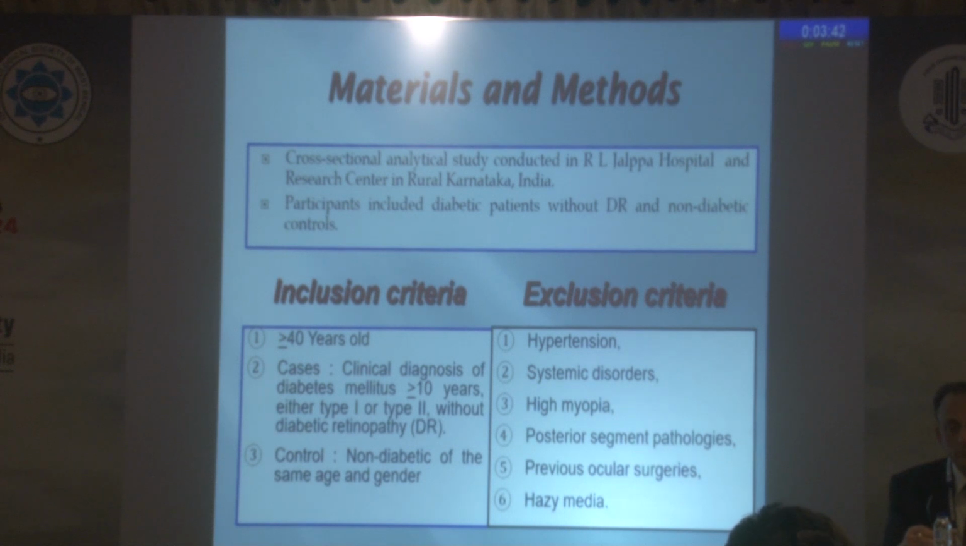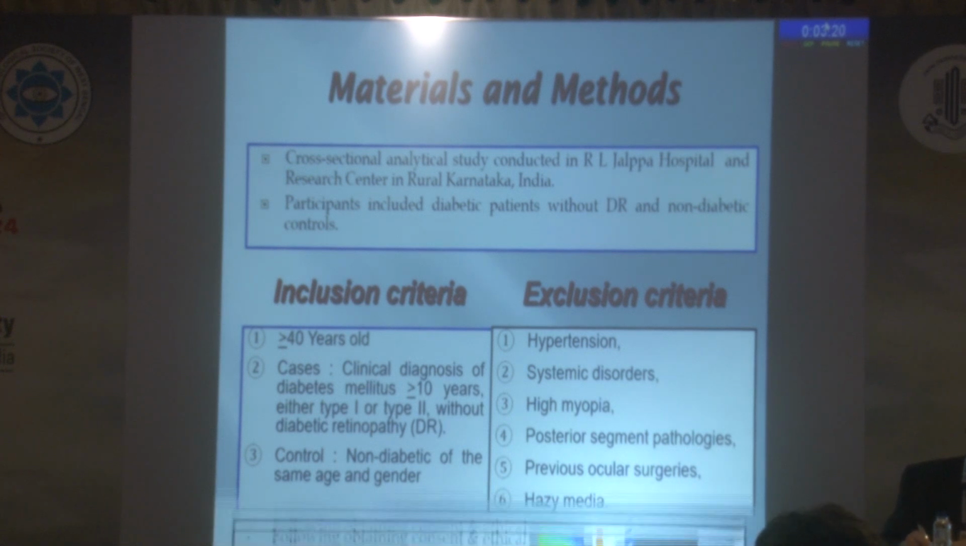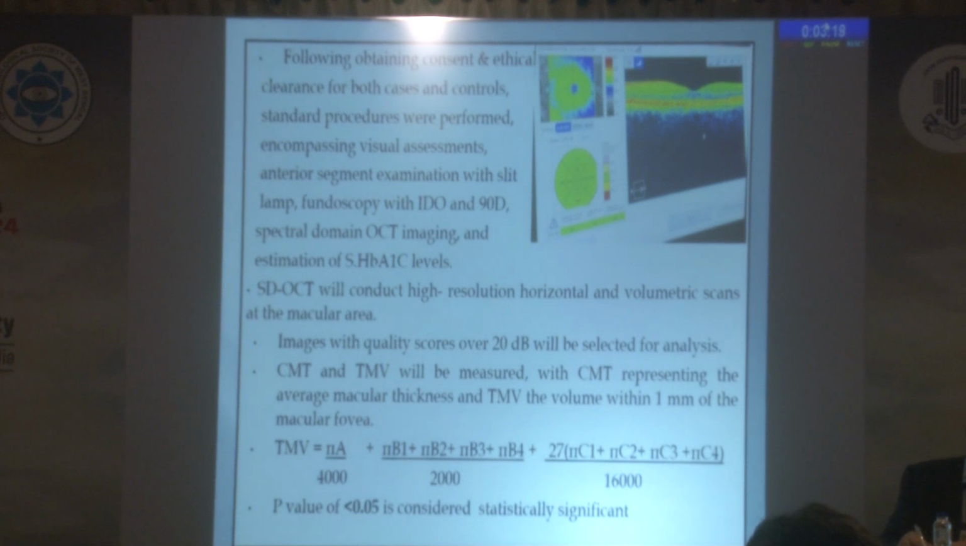Our inclusion criteria included patients more than 40 years of age, where cases are those clinically diagnosed with diabetes mellitus for more than 10 years, either type 1 or type 2, without any evidence of diabetic retinopathy, and controls are age and gender matched non-diabetics. Our exclusion criteria included hypertension and other related systemic disorders, high myopia, posterior segment pathologies, previous ocular surgeries, and hazy media. Following consent and ethical clearance for both cases and controls, standard procedures were performed, including visual assessment,